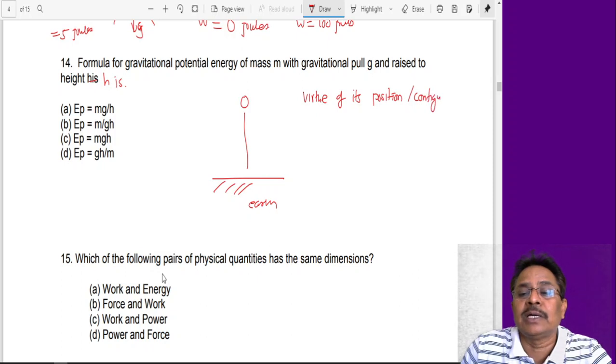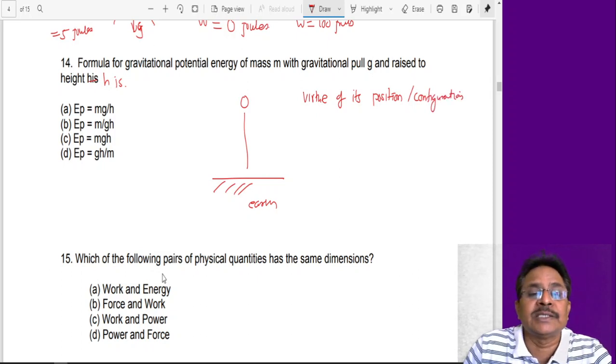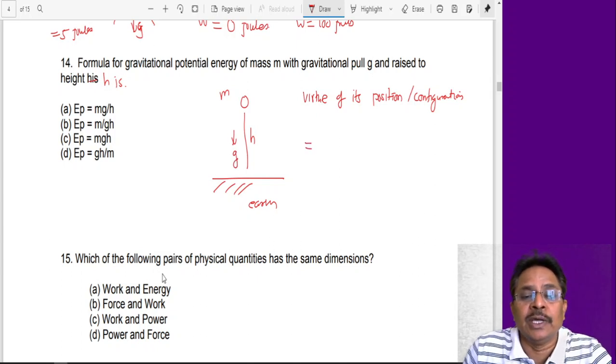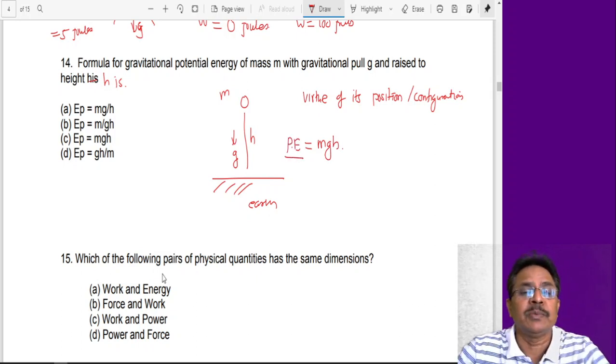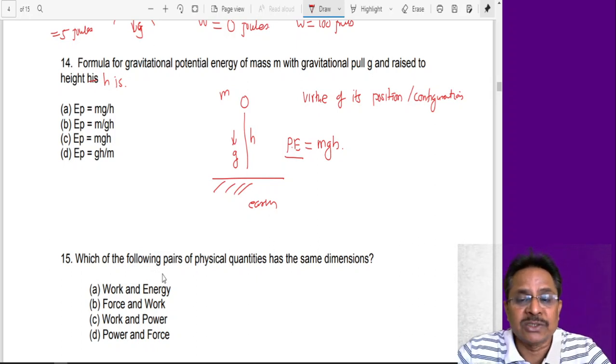Because of that, as we know, the object has mass m, it is separated at a distance h from the surface of the earth, and the earth's gravitational pull in this case is g. Therefore the product of these three, m into g multiplied by h, is called potential energy. So potential energy in this case is the simple product of these three physical quantities: mass of the object, earth's gravitational pull, and height of the object from the surface of earth. By increasing this h, we increase the gravitational potential energy of that particular object.